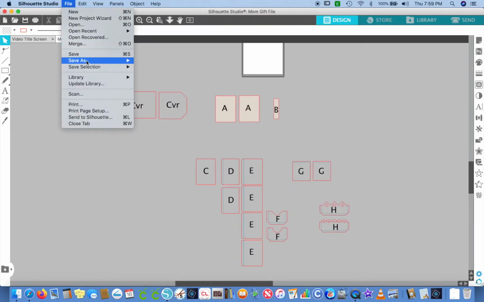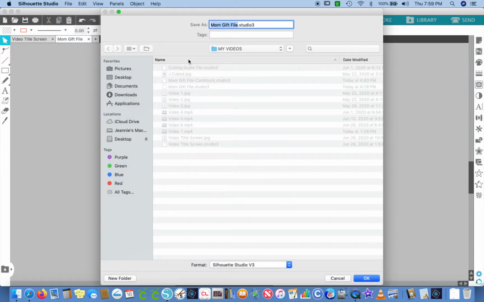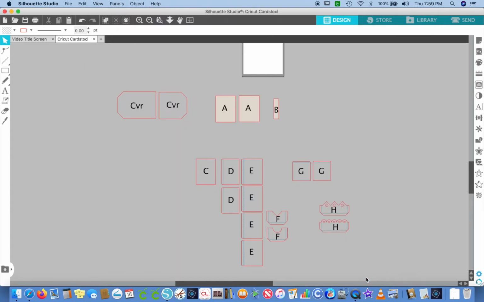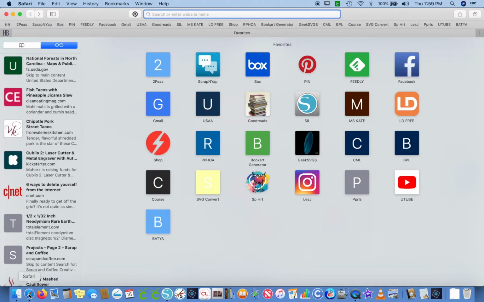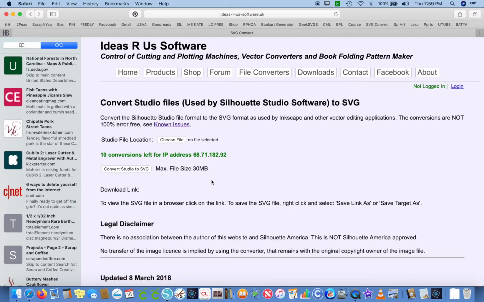Wrong place. Yeah, we can save it to the hard drive. Desktop. Okay, perfect. And I'm going to call this Cricut Cardstock because I'm only going to use it to bring it into Cricut. So you save that as a Studio file. And then you need to go to your browser and you need to go to